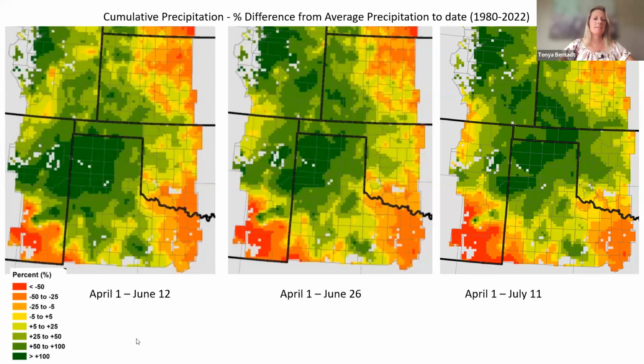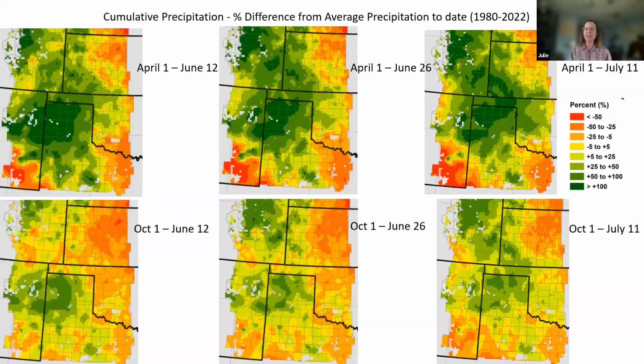Julie, I could see somebody wondering why the 2 sets of maps, the water year maps we just looked at and the growing season maps, look so different. Could you explain that? I thought the same thing, Tanya. So I've set the 2 sets of maps together to help us understand what is happening. The top maps represent the precipitation received since April 1st. So this left map is April 1st to June 12th, then April 1st to June 26th, then April 1st to July 11th, and it's the difference